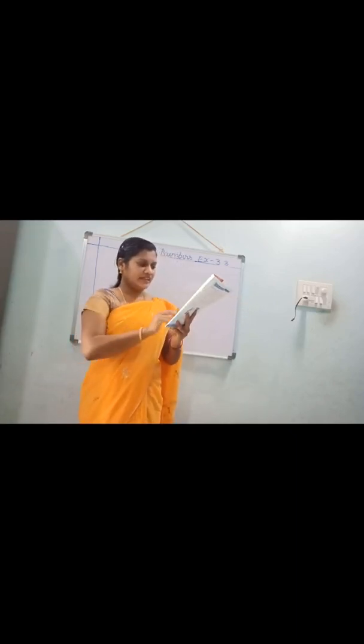Okay, see here they have given eds. Which group has more eds? You should compare that. See the first group. What is that first group? 1, 2, 3, 4, 5, 6, 7, 8, 9, 10, 11, 12. 12 eds here. Here 1, 2, 3, 4, 5, 6, 7, 8, 9, 10, 11, 12, 13, 14, 15. Is 12 more than 15 or 15 more than 12? Tell me, which sign will come there?